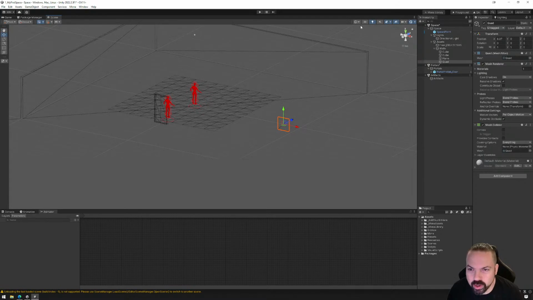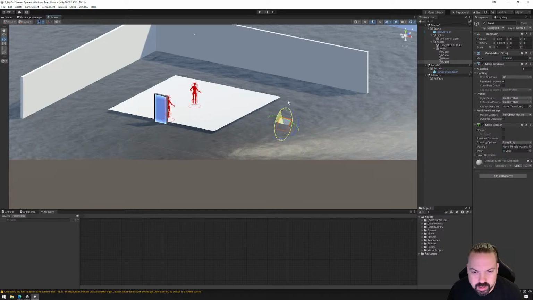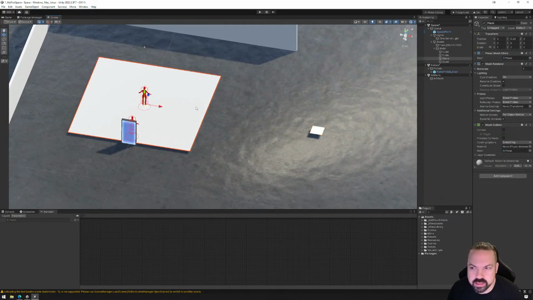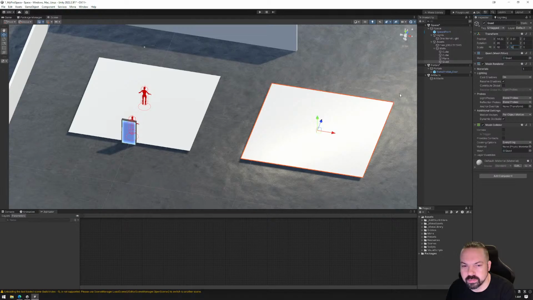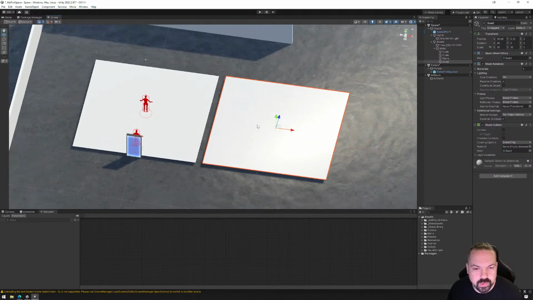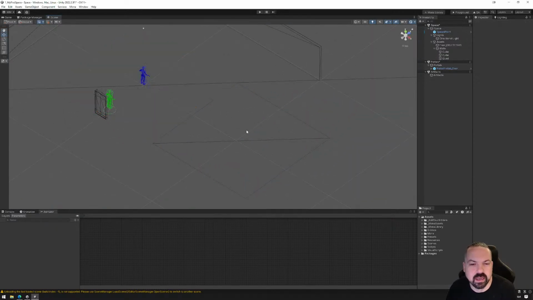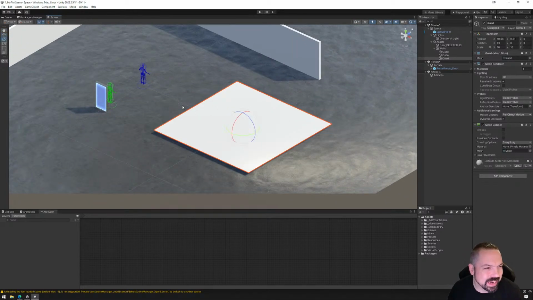So as you can see, that's 1 on 1. But they look exactly the same. So if I do this, move it up a bit, and make it the same size. So this is 1 by 1 by 1, but that's like 10 by 10 by 10. So let's do that. So we have two things like this, but if you go wireframe, this quad is much better than a plane. So if you're doing just flat assets, make sure to use a quad. Don't know why they added a plane. Doesn't make any sense, but